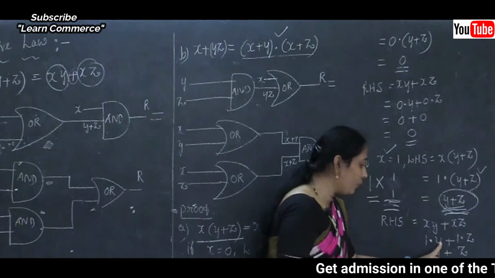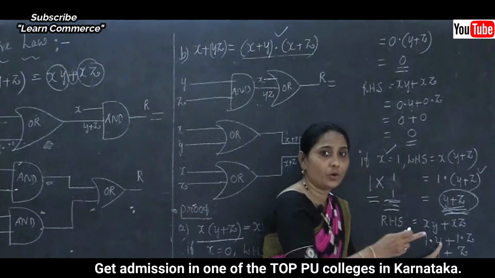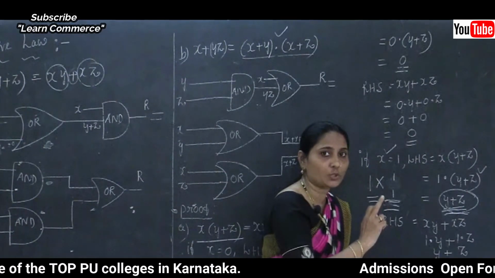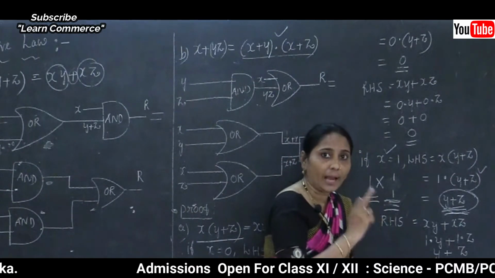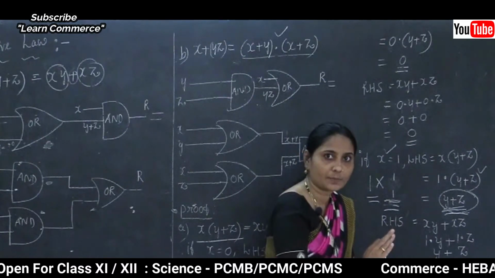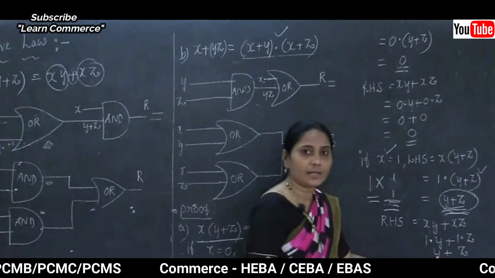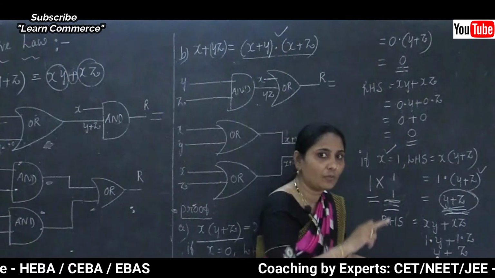So maybe the y value is equal to 0. Okay, so 1 and 0, the value is 0. Clear this point? Maybe the y value is equal to 1, so 1 and 1. That means whatever value we add to y here, this same result will be the answer. Maybe the y value is equal to 0, then we get the answer 0 only. Maybe the y value is equal to 1, the answer is 1 only.